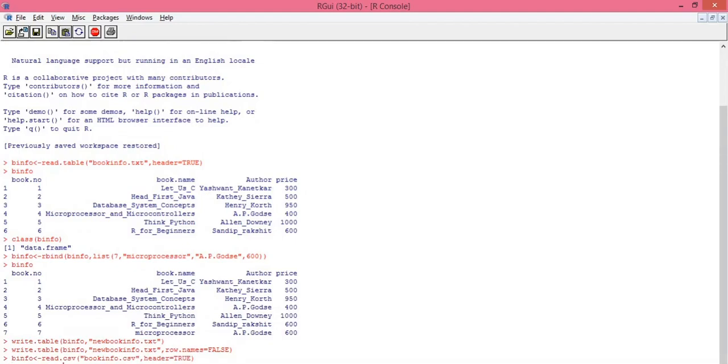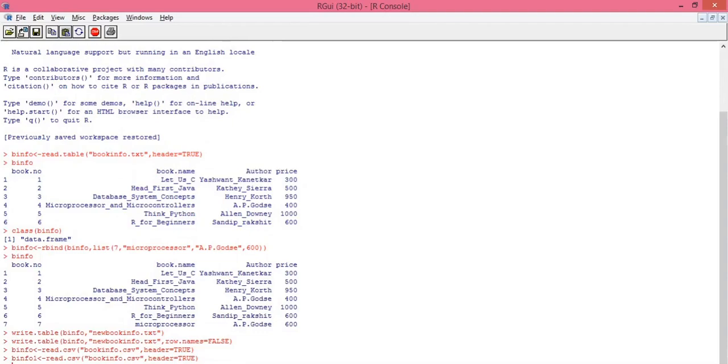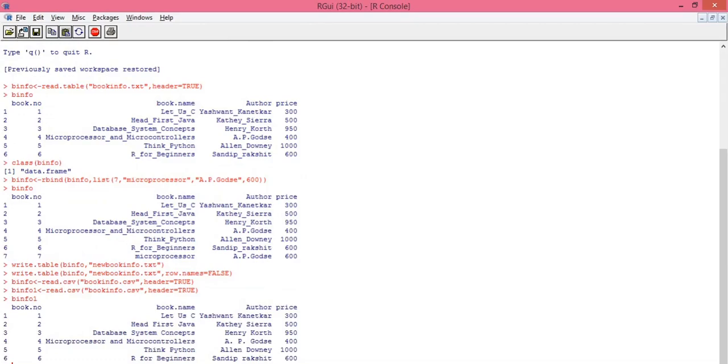Let's use another name, binfo1, because all the files consist of the same data. Instead of overwriting the previous data frame, I am creating a new data frame, that is binfo1. read.csv, bookinfo.csv is the name of my file, header equals true. Command is executed. Now let's verify the result, binfo1. See, this is my CSV file. So I have imported a CSV file by using the read.csv method.